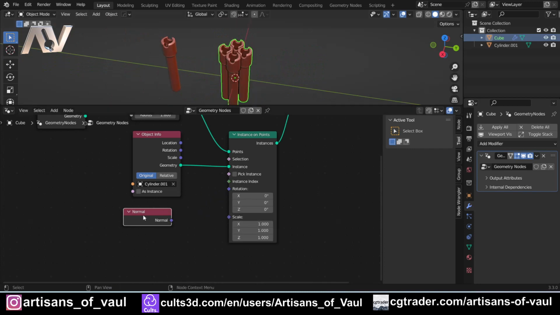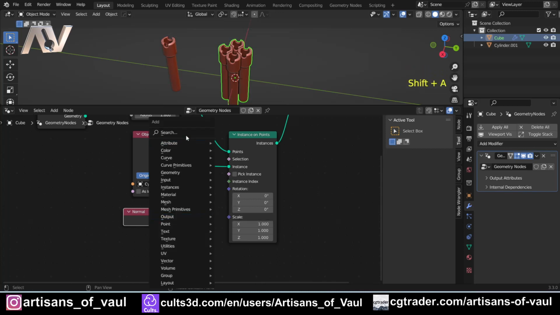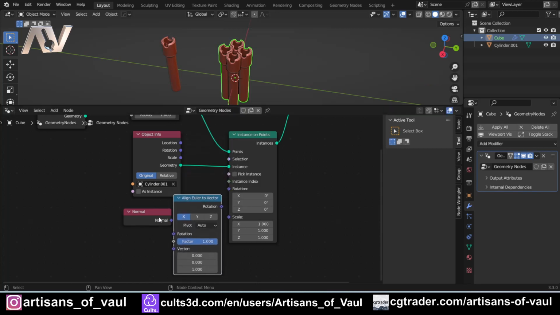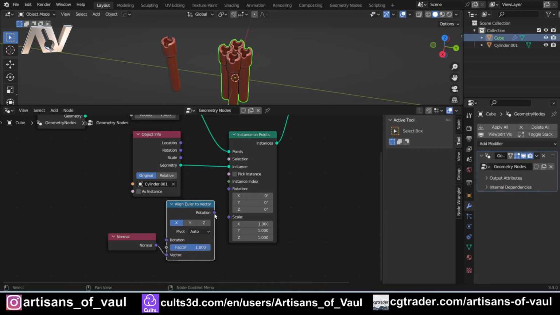The reason is that this normal is set up as a vector, so a line pointing in a direction. That's not a rotation, which is what we want. So we're going to have to convert this into a rotation. And actually, Geometry Nodes has something to do that. It's called Align Euler to Vector. You just put it in there, plug this into Vector importantly, and then we're going to bring the rotation to